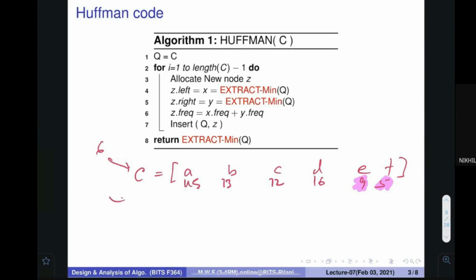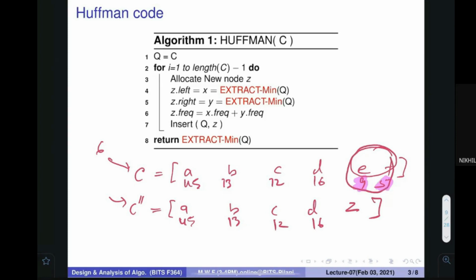It says to create a set of smaller size where you keep A, B, C, D, and instead of E and F you create a new character Z. The frequencies are A 45, B 13, C 12, D 16, and Z contains both, so 9 plus 5, which is 14.